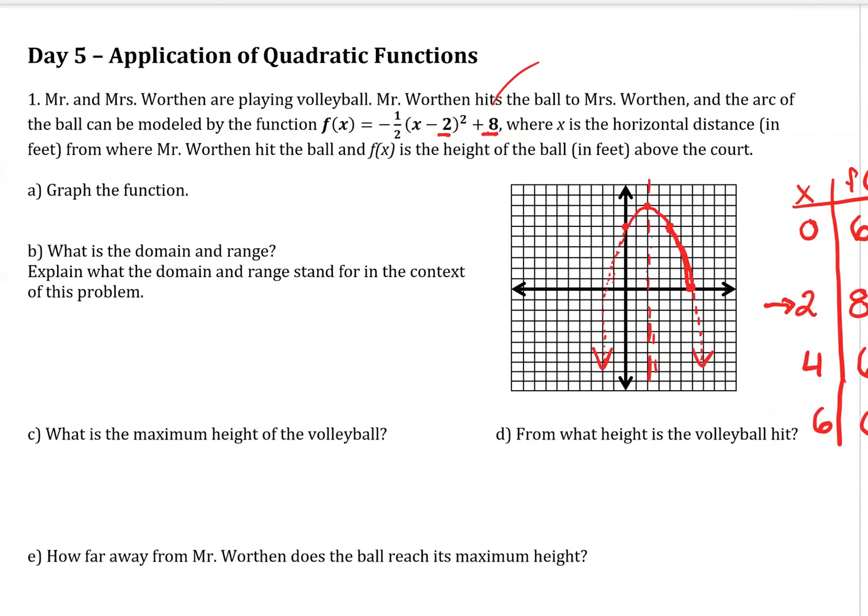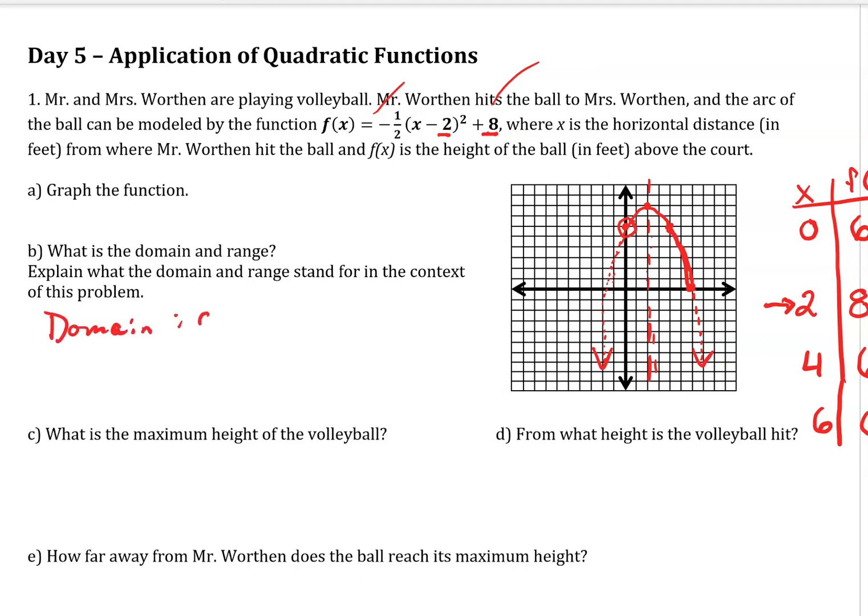What is the domain and range? Well, this parabola itself, the equation, x is unconstrained. So the domain would be all real numbers. But like we said, this is the real world. In the real world, we start from the initial hit of the ball at time 0. So my domain